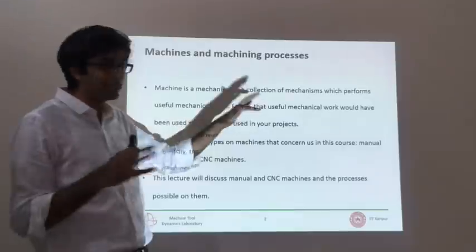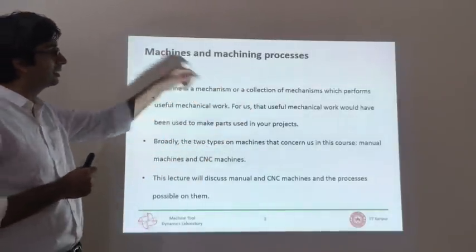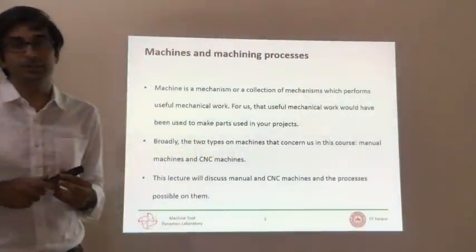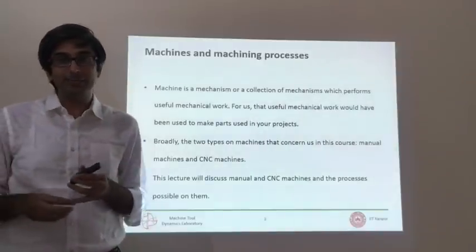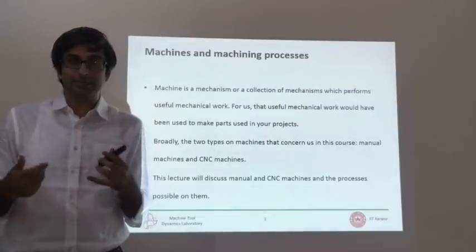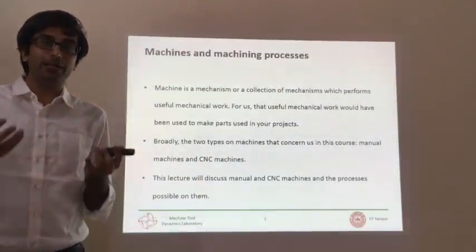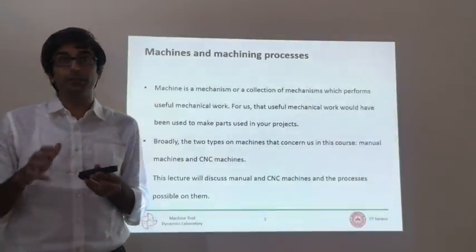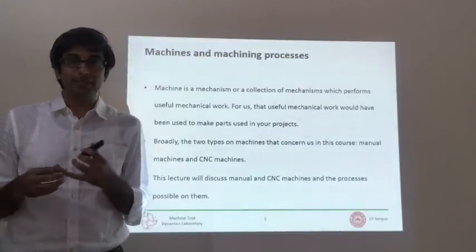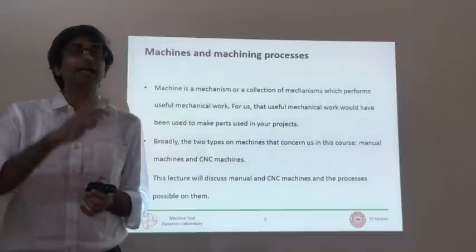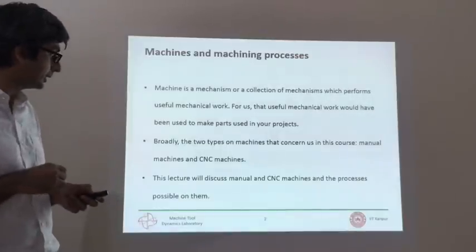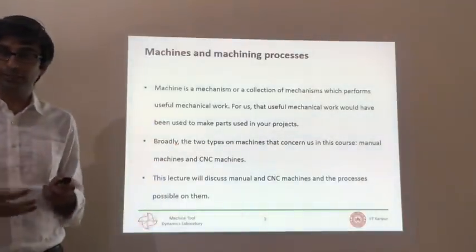So that is what this lecture is about, what is written in that first bullet there. And I already said that we are concerned with two types of machines, the manual as well as the CNC types. But first I'll talk about the manual machines, and then understanding the working principles of the CNC machines will become easier. And we will build on the earlier lecture. So if you have not watched it yet, I would encourage you to first go watch that, because all the mechanisms that we discussed yesterday, we will carry forward when we talk about working principles of machines. Alright, so that is broadly the outline of this lecture.